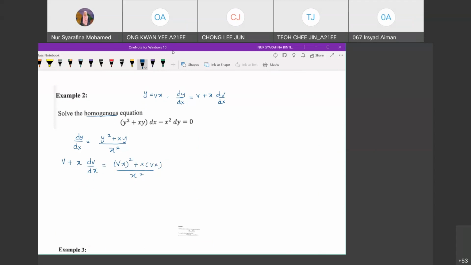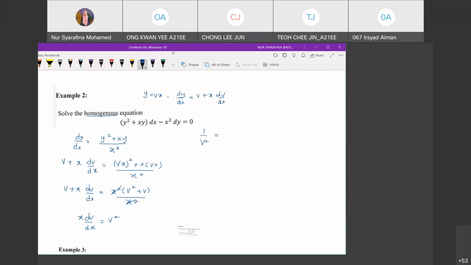Okay, and then simplify. We have here x squared, we have here x squared, we have here x squared, right? So we just can eliminate this x squared. So x dv/dx equals v squared plus v minus v. So what's left is v squared. Okay. By here, we can just separate the function